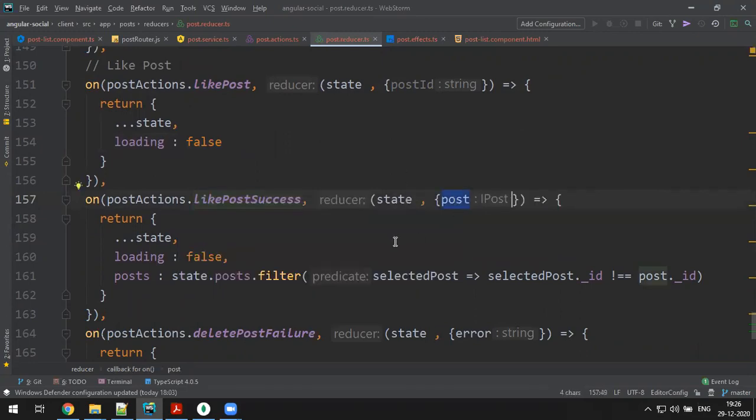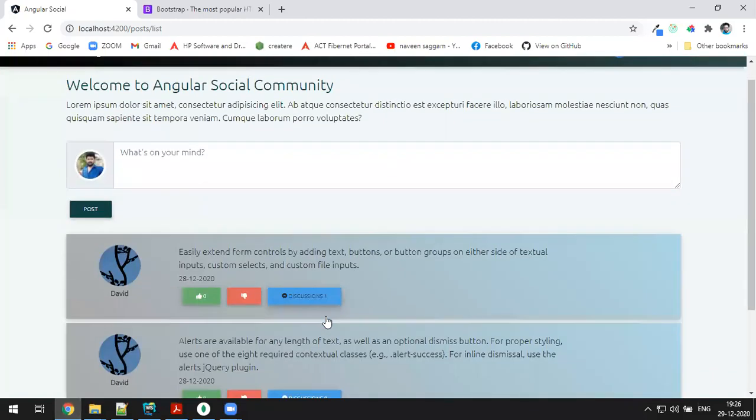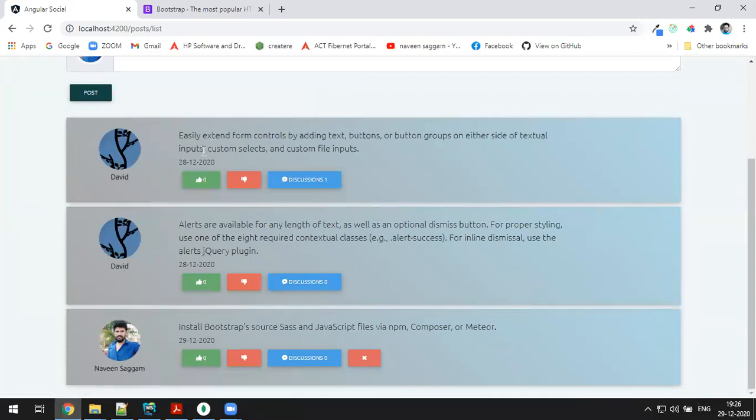So what you do with that is a question. If you like a post, like number will increase. So like number will increase means which like number will increase? The particular post I like, the particular post's like only I have to increase. So in the list of posts, I have to filter the particular post whose ID is matching, then that ID only increase.